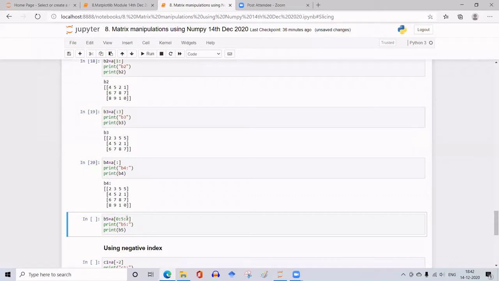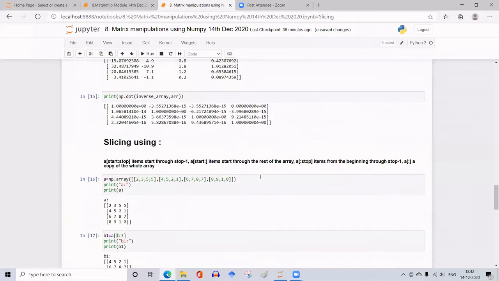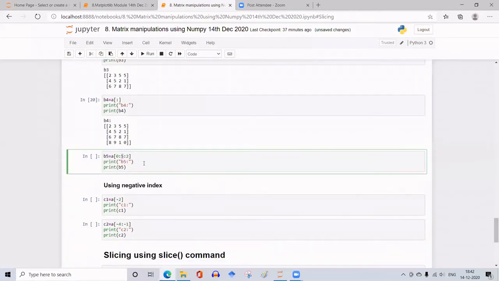Now we want to pick up the rows after certain steps. So this is starting index, ending index, and then the step. Let me execute this.